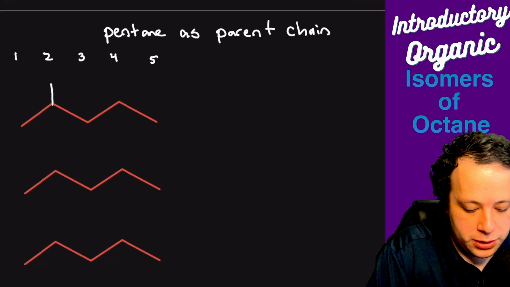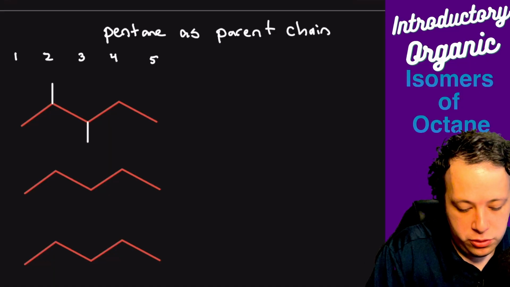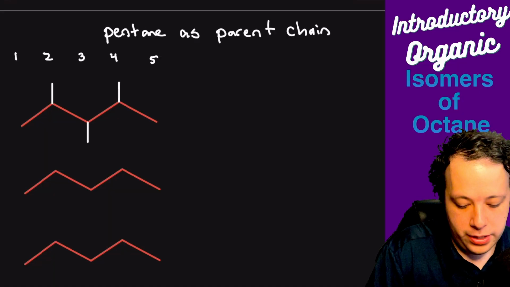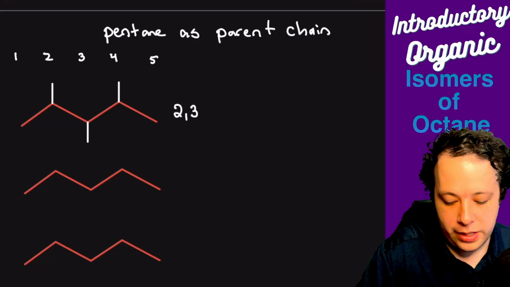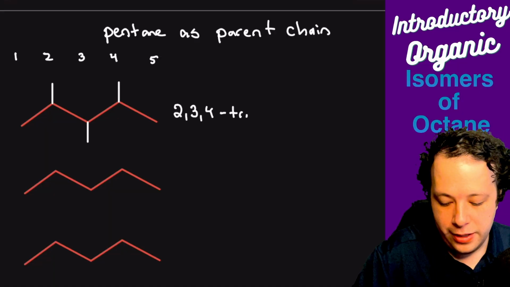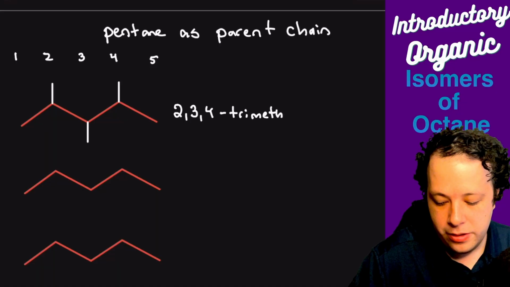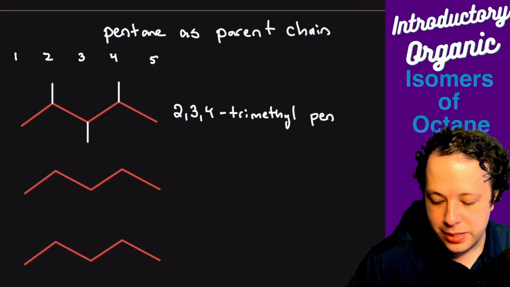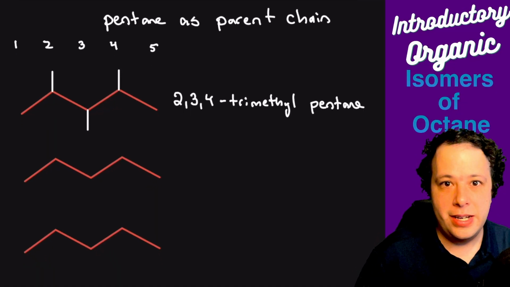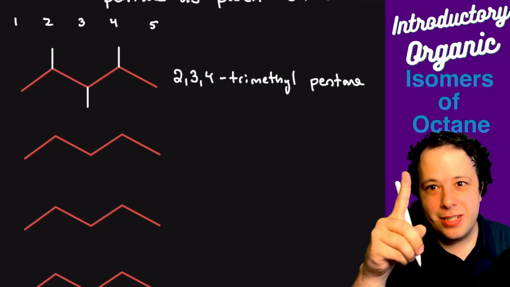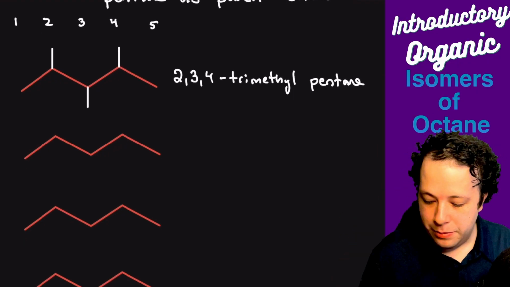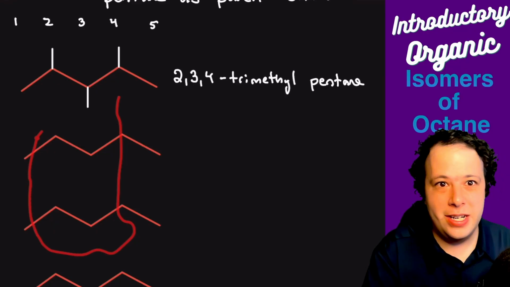Let's say I just put a methyl group on, we'll do 2, 3, and 4, right? So if we were to do this one, we could see, okay, 2, 3, 4, and then it would be trimethyl, and being that 5 carbons is our longest, it would be pentane, right? So that'd be one option. And this is why I like to line them all up like I'm doing here on the left-hand side of the page,